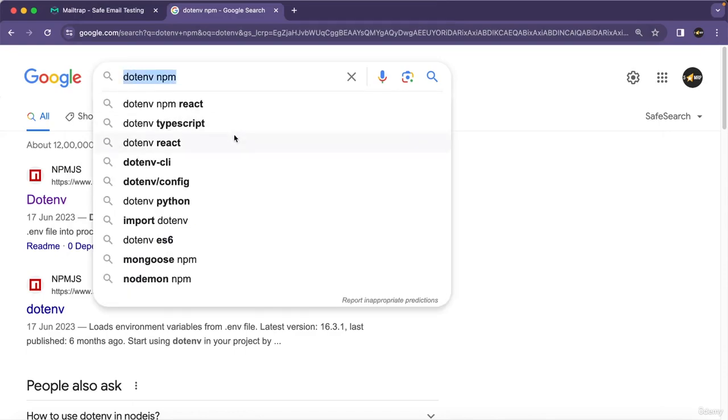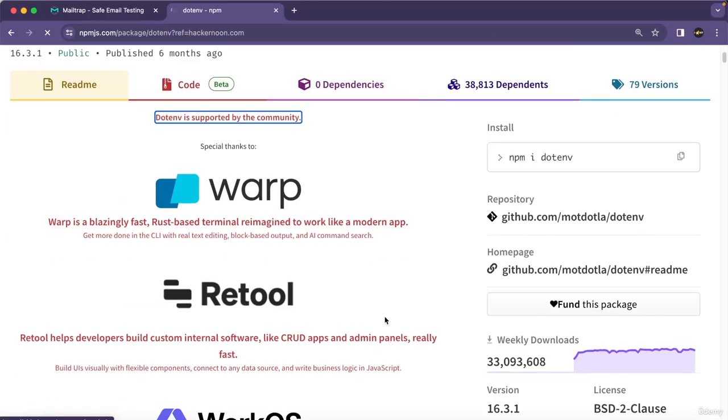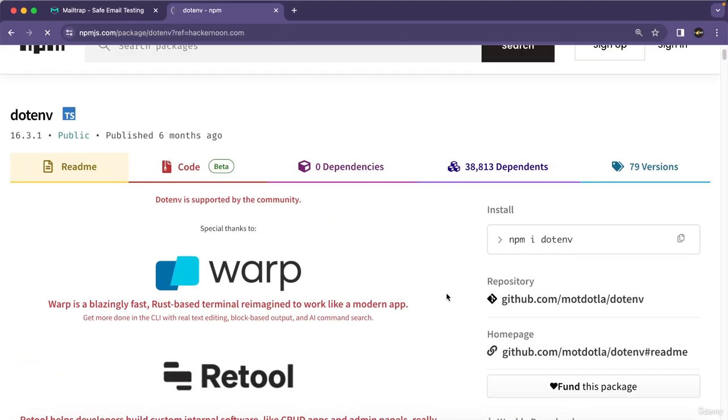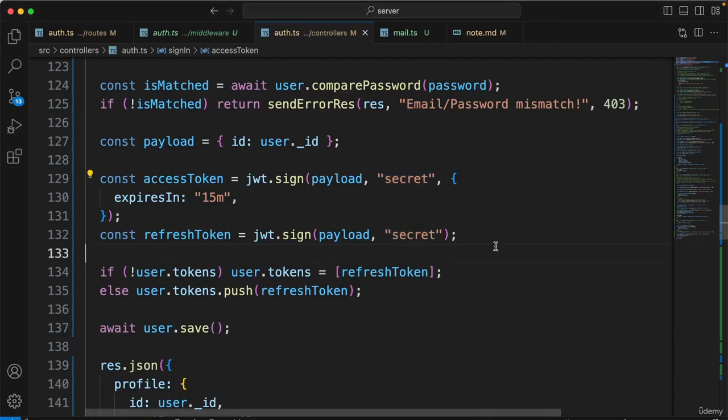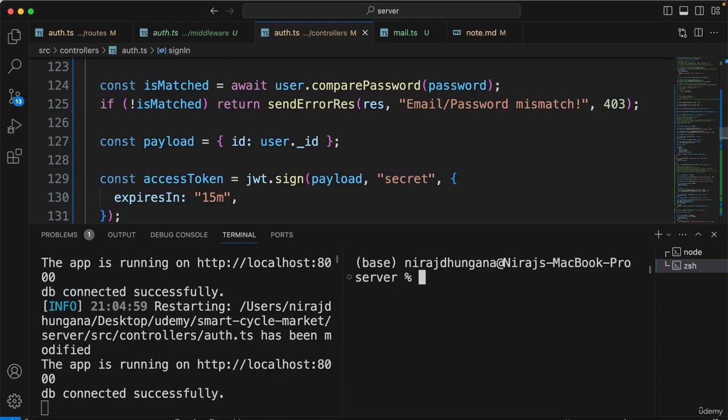Let's search for this thing called dotenv, and let's come inside this npm.js package, dotenv. And if you come down again, it's a very popular package, as you can see. And let's just install this dotenv first, and we'll see how we can use it. So I'm going to open another terminal with Control Shift and 5, and I will run this command, and this